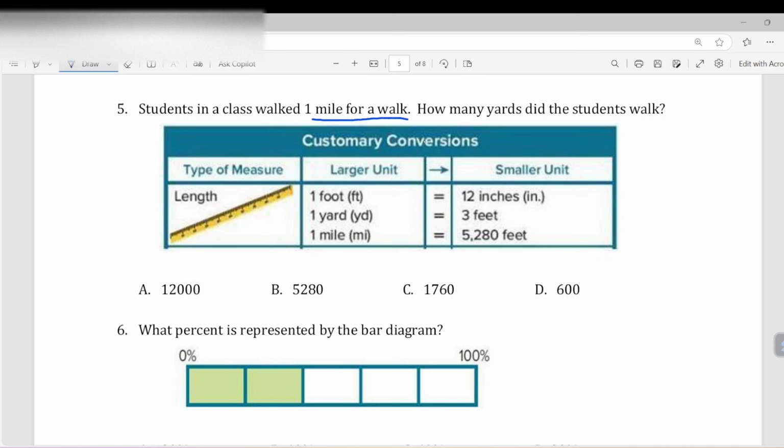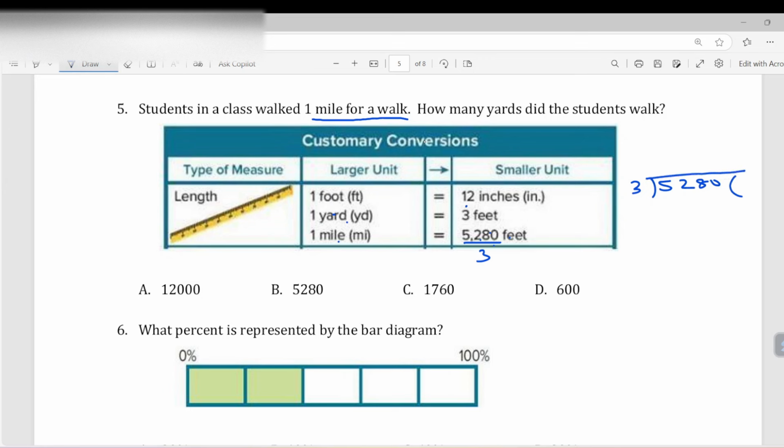How many yards did the student walk? This is the length. 1 yard is equal to 3 feet, and 1 mile is equal to 5280 feet. So that means how many feet? If you divide by 3, it will become yards. That's it. 5280,